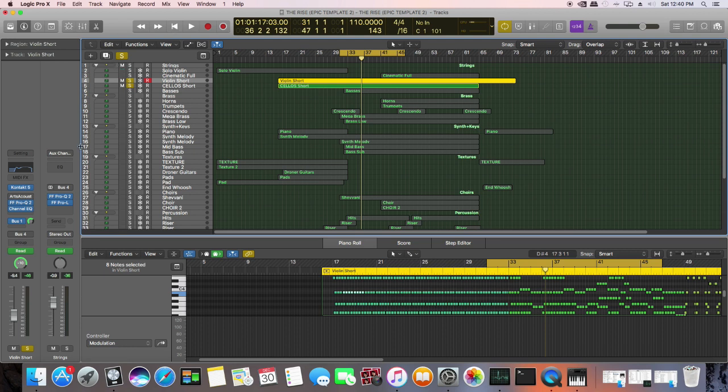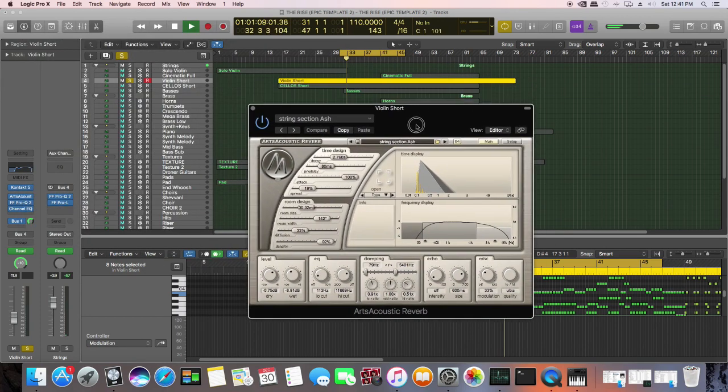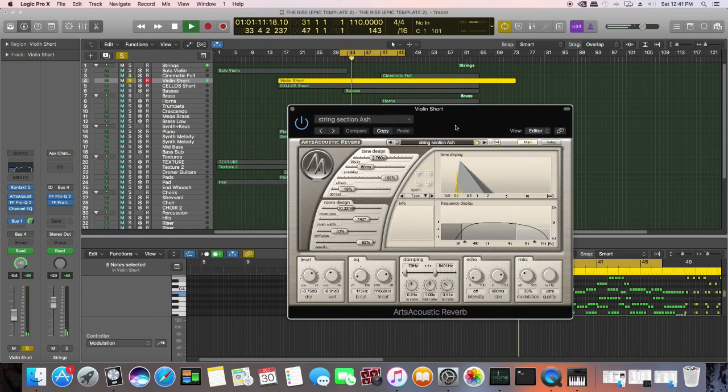a washy wash. So what I do is, you guys obviously can copy my settings if you want, but this is not what I want you to do. Obviously, I want you to use your ears to get the sound right. So let's listen to the violins on their own with the reverb. I like using Arts Acoustic. They just sound right to me. So first of all, I like the fact that it has the dry and the wet separate. I can EQ the frequencies that I like, the damping, I can customize the reverb, and it sounds really good